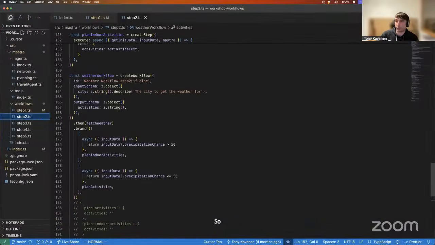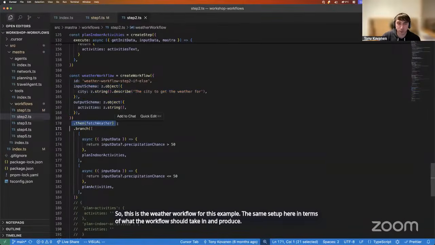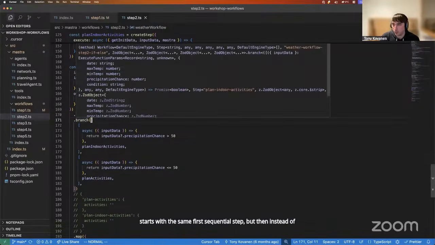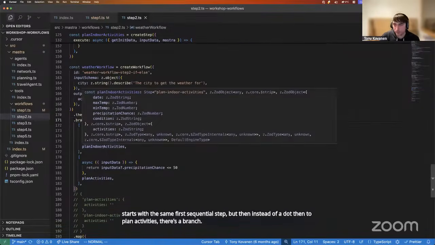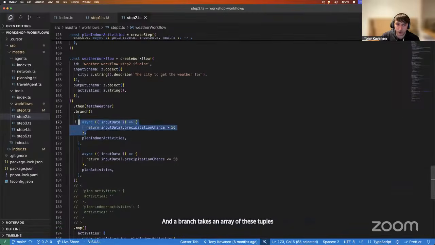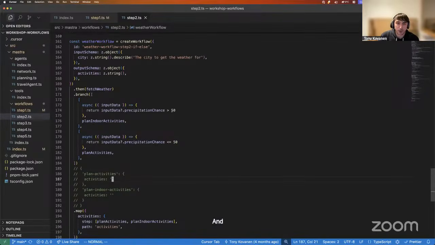So this is the weather workflow for this example. The same setup here in terms of what the workflow should take in and produce. Starts with the same first sequential step, but then instead of a .then to plan activities, there's a branch. And a branch takes an array of these tuples where the first value is a condition. Now this is that exact same condition that you saw in Studio before. And if the chance of rain is high, then we run this plan indoor activity step. Otherwise, we plan the usual,